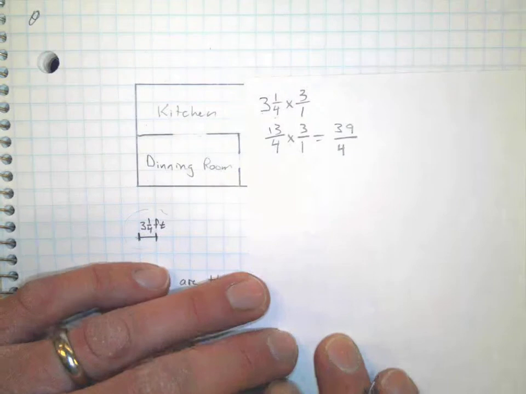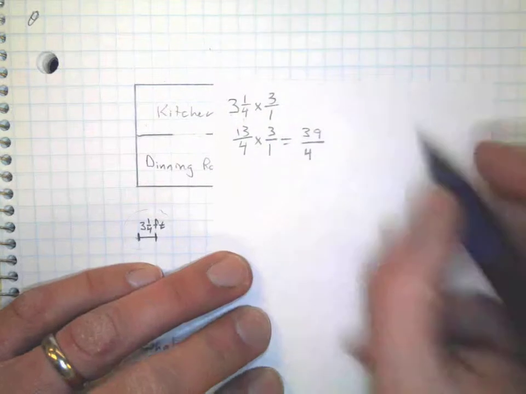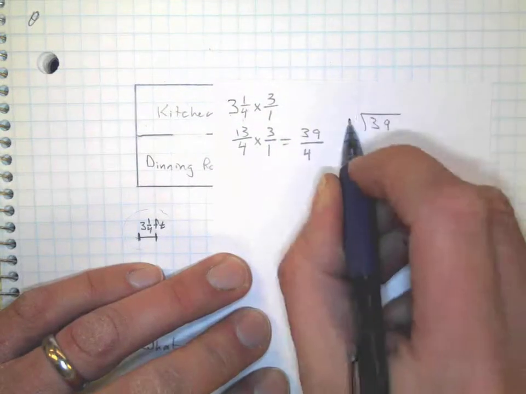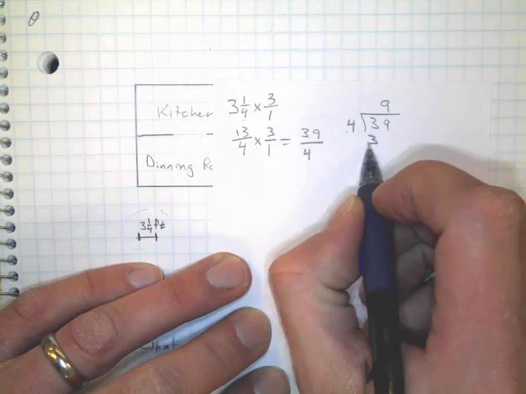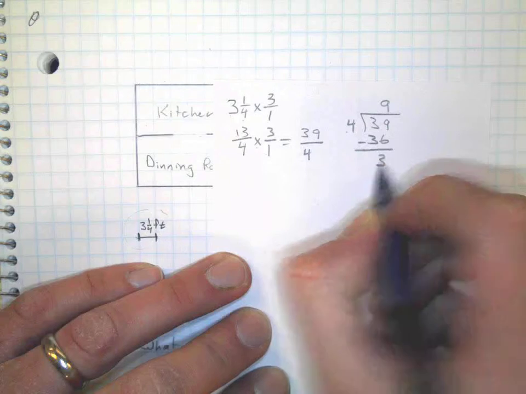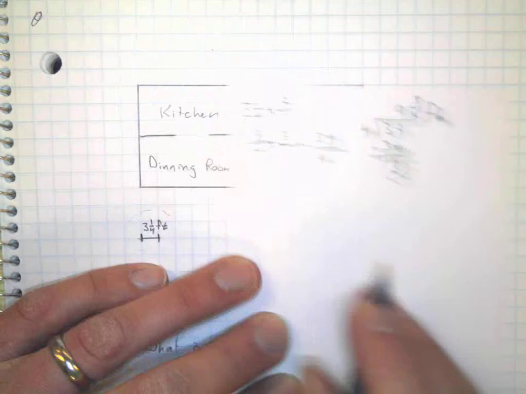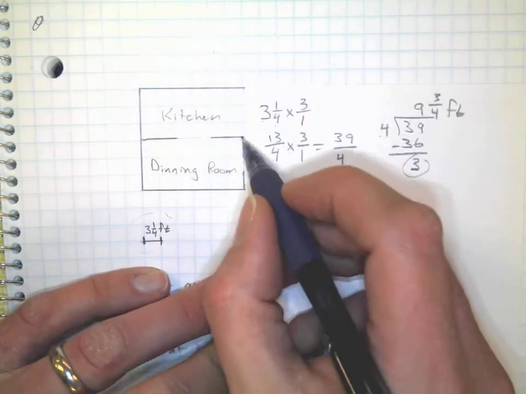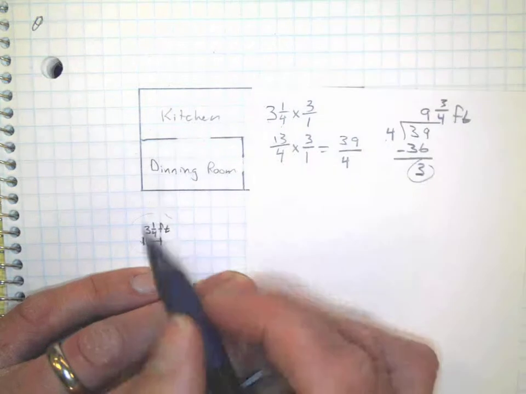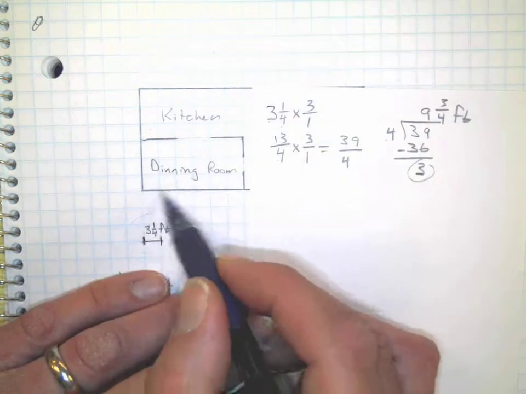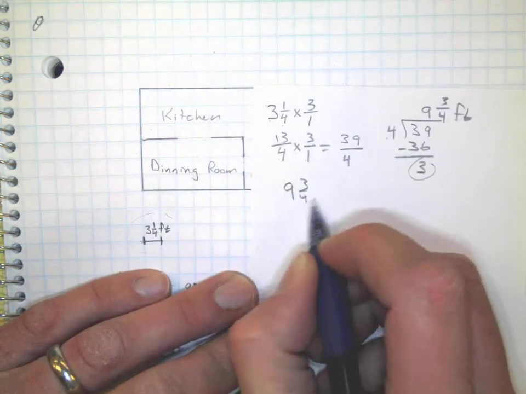Now, in order to turn this back into a mixed number, I have to do some division. So just further to the side here, 39 divided by 4. 4 goes into 39 9 times, which is 36. You have 3 left over, so that left over goes up top. Basically, what we just learned is this space right here is 9¾ feet wide. Now I need to know how many feet long, because I'm asking for the dimensions of the room. So this is going to be 9¾ feet